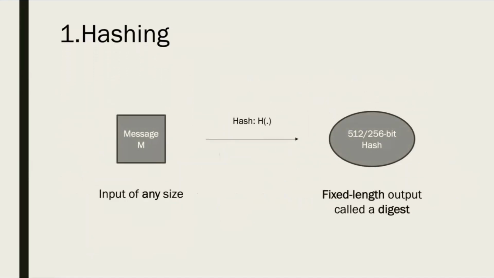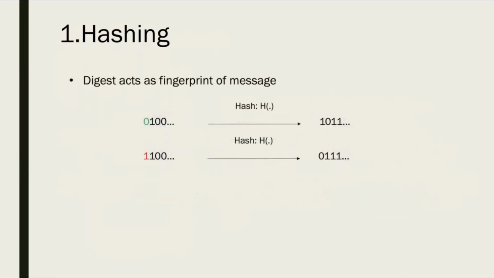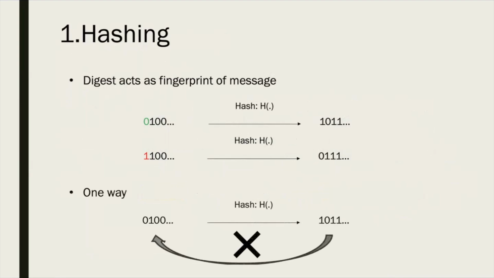Hashing is one of the most fundamental cryptographic tools used for data integrity and authentication. A hash function takes an input of any length and produces a fixed length output called a digest. This digest acts like a fingerprint of the original message. Even if only one bit of the input changes, the digest changes completely. Also, a good cryptographic hash function is designed to be one-way, meaning it's computationally infeasible to recover the original input